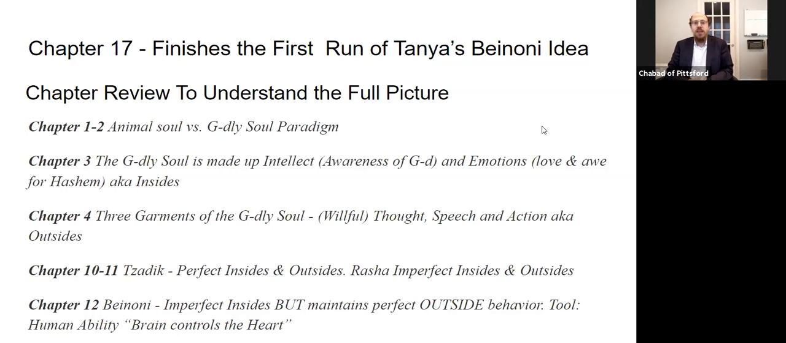And in chapters 10 through 11, we talked about the tzaddik, the unique individual who has not just perfect outsides, impeccable behavior in thought, speech, and action, but also has perfect insides. There is no battle anymore with their animal soul. Their animal soul is either,